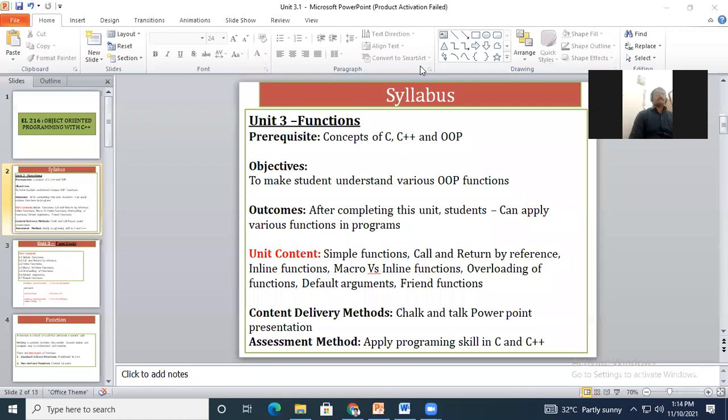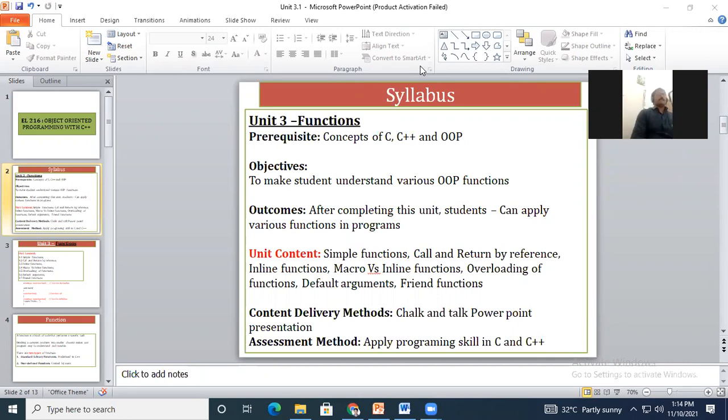identifiers. Can you tell me what the rules of identifiers are? An identifier means the name of a variable, function, array, or structure. So can you tell me the rules for identifiers? The name of a variable or function or array will not start with any number. That is the first thing.